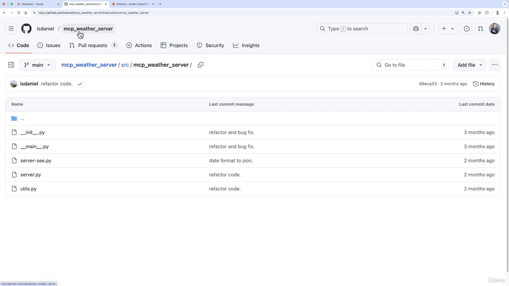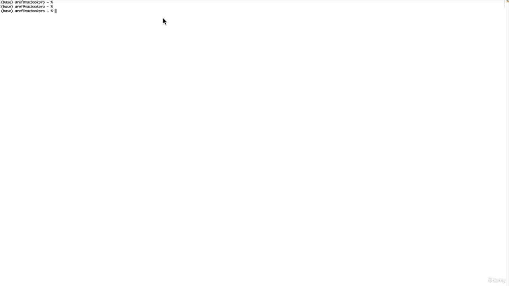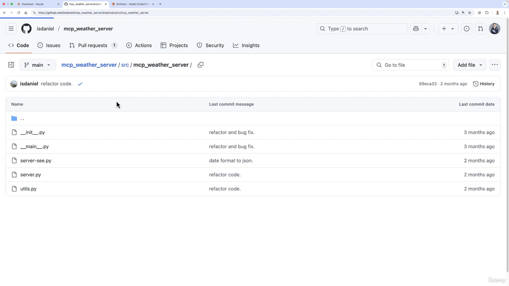If you don't have Python on your machine, just go to Google, search for install Python, and install it on your machine. If you don't know whether you have Python or not, open a terminal and type which python. If you get a path like this, you do have Python, otherwise you do not. So if you don't have Python, just Google install Python, download it and install it. Back to our repository in GitHub,